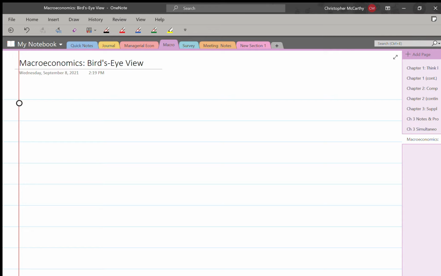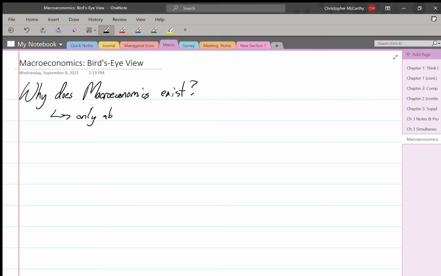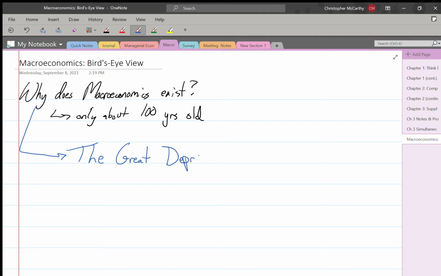So, why does macroeconomics exist? It's actually a relatively new science. It's only about 100 years old. And so the answer to this question is this thing that happened, you might have heard of it, called the Great Depression. And so the Great Depression was a very dark period globally, not just for the United States,